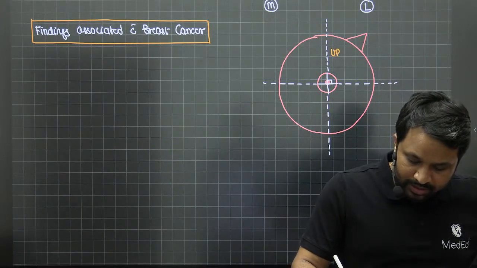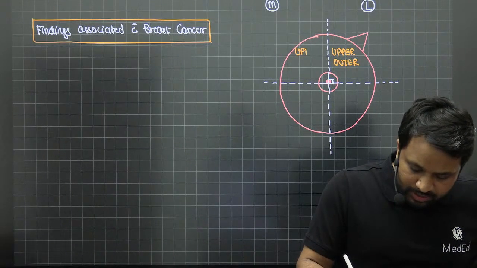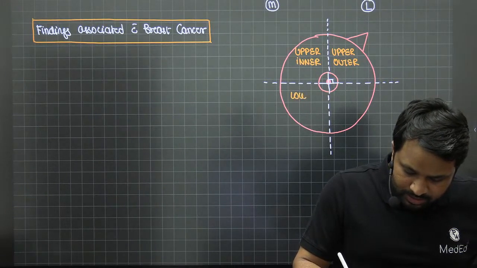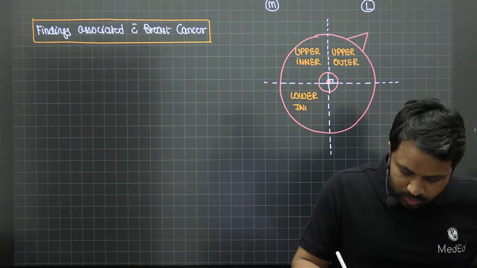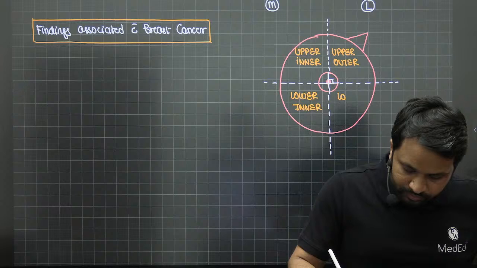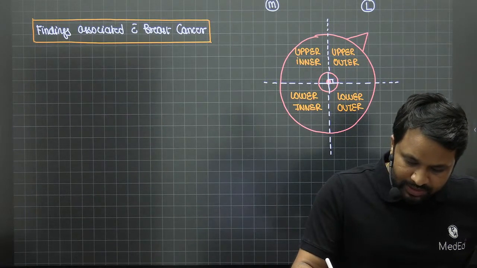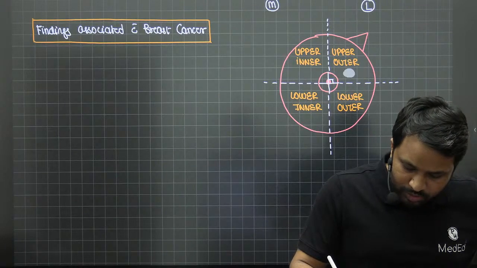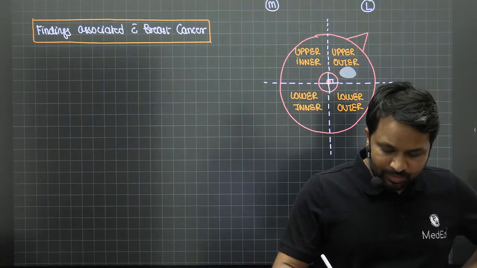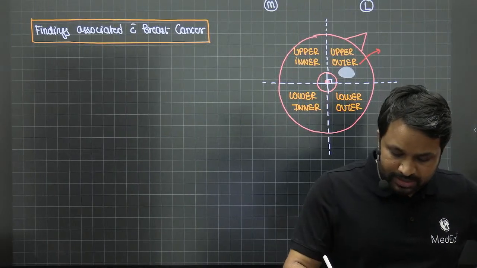This is what we call the upper outer quadrant. This is what we call the upper inner quadrant. This is what we call the lower inner quadrant, and this happens to be your lower outer quadrant. Usually when the lump is going to develop, it usually develops in the upper outer quadrant, right? So from our exam perspective, whenever you're writing a competitive exam, they'll ask you what is the most common location. Remember, 60%